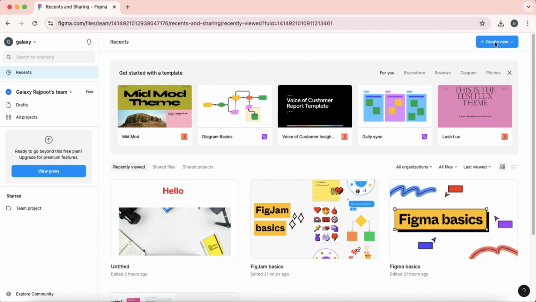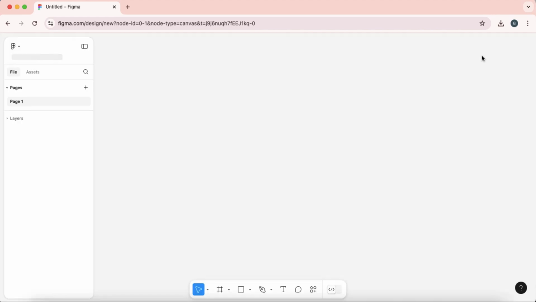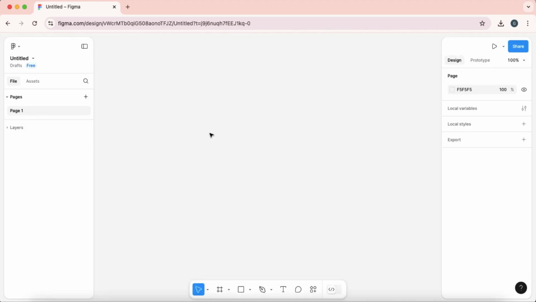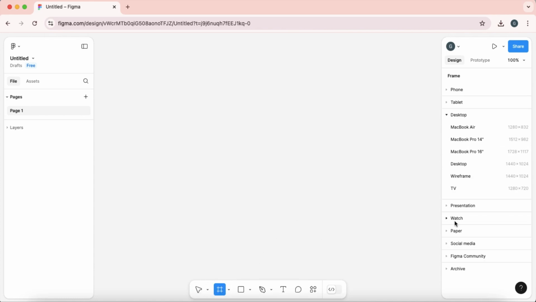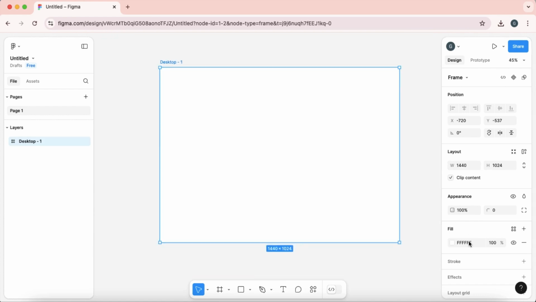So in the last video we have seen how to use Figma, what the basics of Figma are. Now today we will create a website in Figma. Just simply go to the new design file, take a frame, this one, desktop, this is our frame,